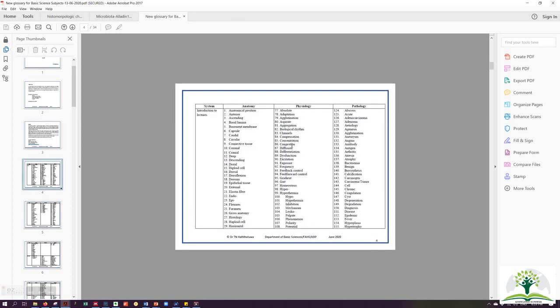The scientific terms that you might hear under the introductory lecture, I have categorized into three subjects: anatomy, physiology and pathology. It doesn't mean that you are not going to hear anatomy scientific terms under physiology. You will hear those terms under different subjects. For example, I'll be using pathological terms under physiology as well, because I'm doing physiology, and anatomy lecturers might use physiological scientific terms as well.